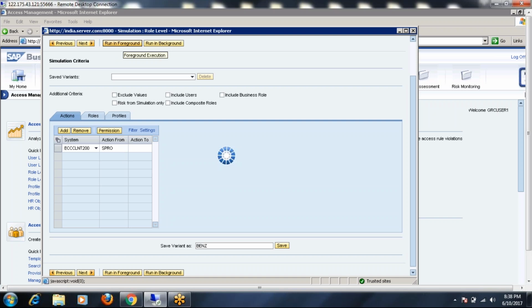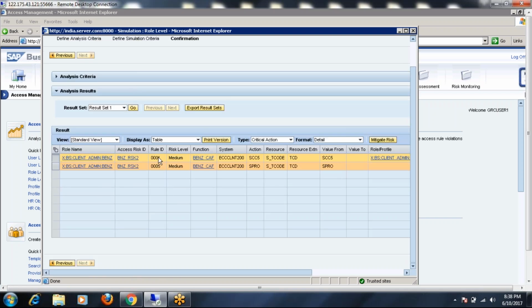It will show two rule IDs. See, 0001 is already available in the role. 0005 is coming due to the addition of SPRO. So whenever you get a role modification request, you can check whether any new risk will be introduced by adding this. You can generate a report and then take a decision whether to go ahead with the request or not. And not only that,